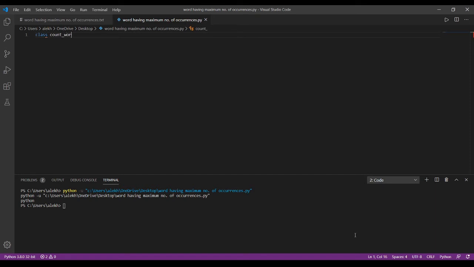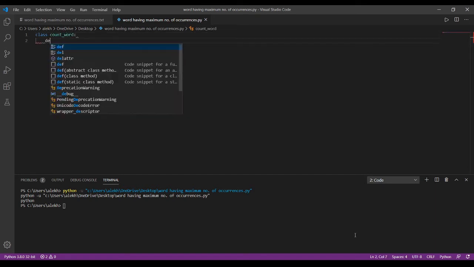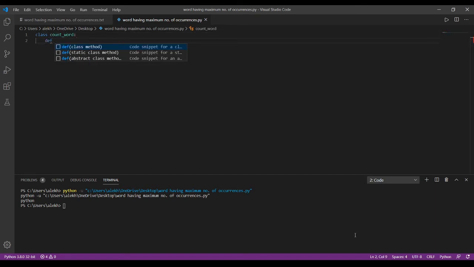count word. In this we are creating a method which calculates the frequency of each and every word, calculate frequency of word. It takes an argument, and it must take a sentence, so we are using just s.